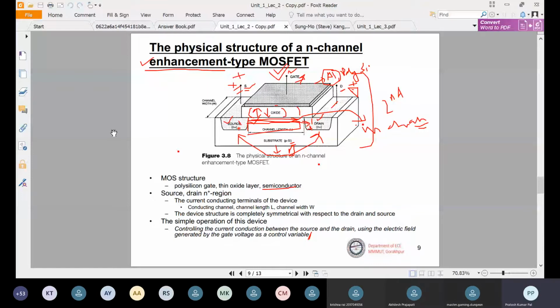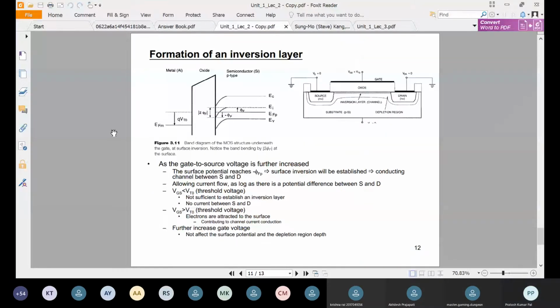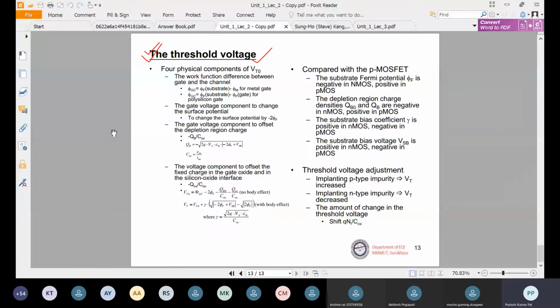The different operating modes of a MOS device structure, how the MOS device structure responds to the externally applied voltage. Whatever gate voltage we are applying, based on that voltage, whether it is negative, zero or close to zero, or far away from zero in the positive direction, in all these cases, what will be the operating condition, or what will be the device physics of this MOS system.